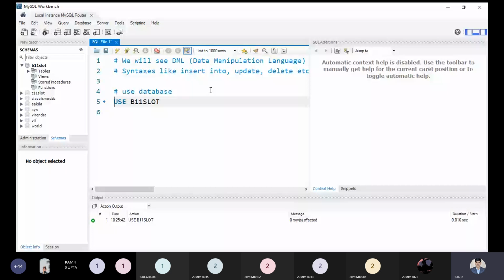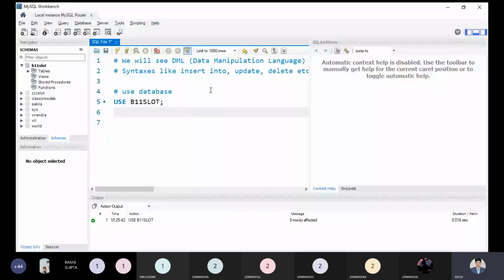Now after this, what do we have to do? I can put the semicolon, and thereafter I can execute multiple commands or individual commands by using the shortcut keys. If you want to execute multiple commands, you have to use Ctrl+Shift+Enter. Else you can execute a single statement by pressing Ctrl+Enter. It's your choice, but right now I'm executing everything step by step, so I will use Ctrl+Enter to execute the individual statement.